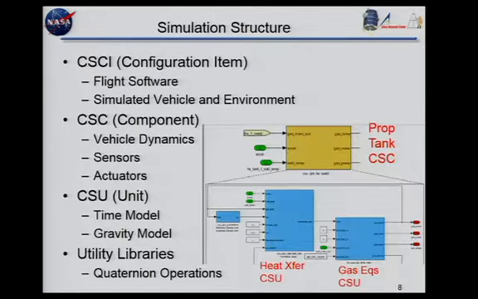The simulation structure itself followed exactly the same type of structuring that we had on the flight software side. That made the whole process very similar, reused from a conceptual point of view, and allowed somebody to look at the whole Simulink model, if you will, that included the flight software, to be extremely consistent across the two boundaries. So basically, that was the decomposition. We had a very basic definition of how things were going to be decomposed and what made a unit and what made a component. And we followed that to the letter on both sides.